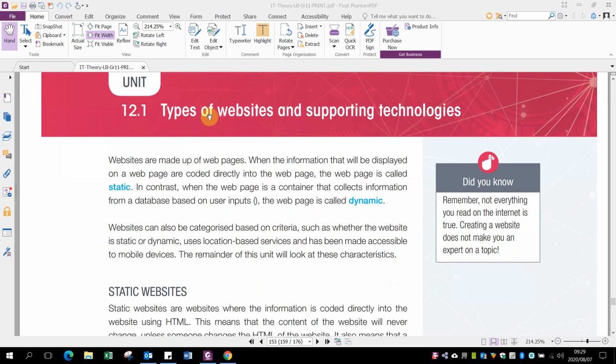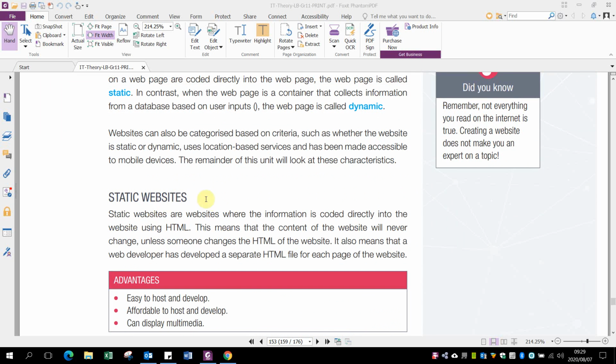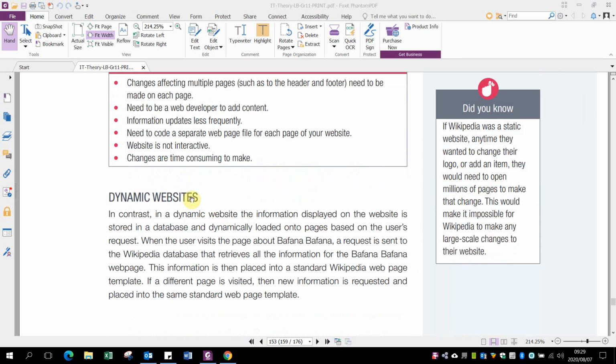Alright, then types of websites. So there's two broad categories of websites. We get our static websites and our dynamic websites. Static websites are websites which are generally created in HTML and it doesn't matter who the user is, where he's coming from. Everybody gets the same information that's loaded to the website and everybody sees the same thing. While in contrast to that, you get your dynamic websites, which